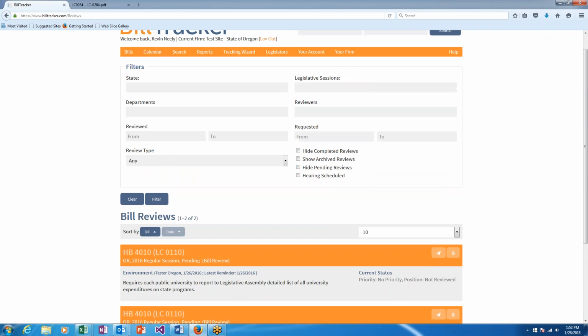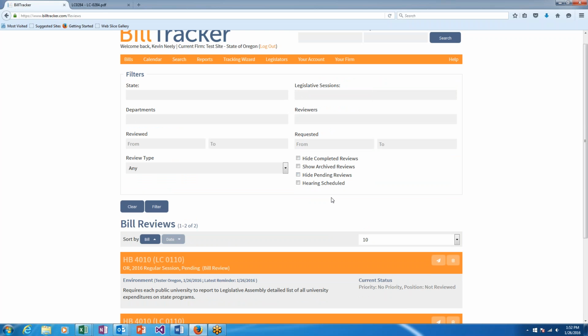I can also, if I wanted to find all the reviews that have not been completed yet, I can hide all my completed reviews and see just the reviews that have a hearing scheduled. That'll give me a cue as to which reviews I need most urgently. So this filter section up here is a really effective tool to narrow down and see what's happening with your